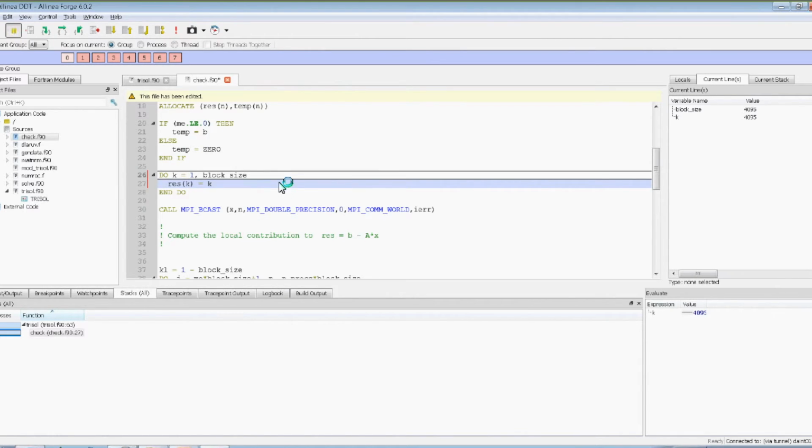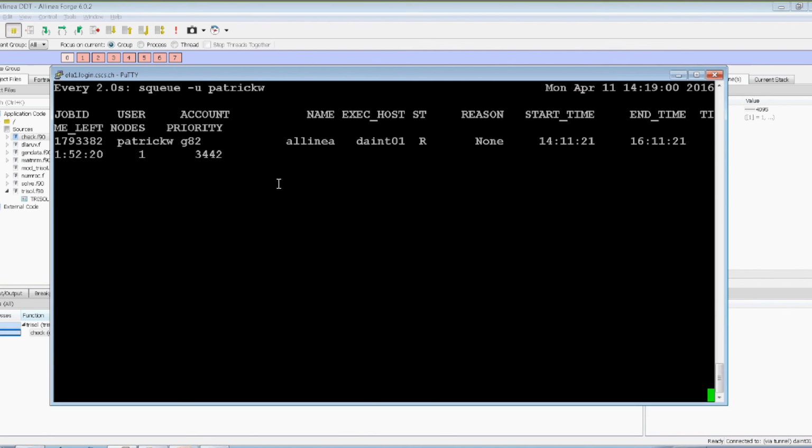So you would need to change this value as well to make sure that you remain inside the bounds of your allocation. And if you change this, re-execute the code, normally it will be fine, and you will not have any bug anymore in your program. So this is another example of what you can do with Allinea DDT. I mentioned